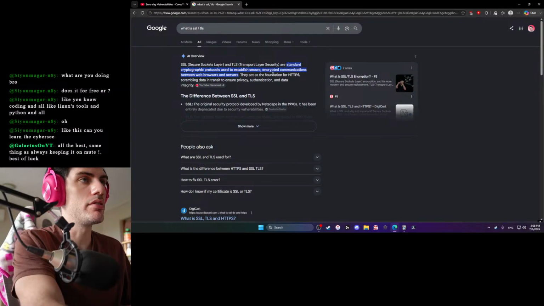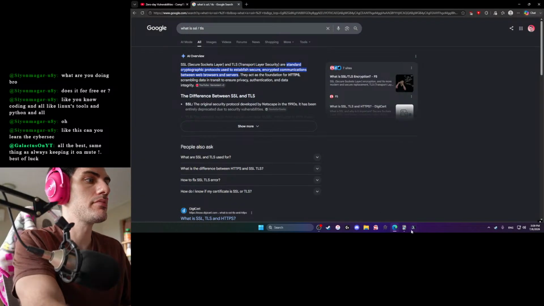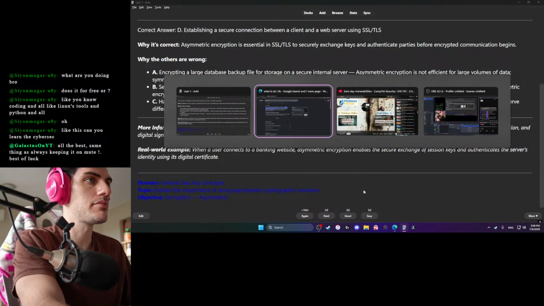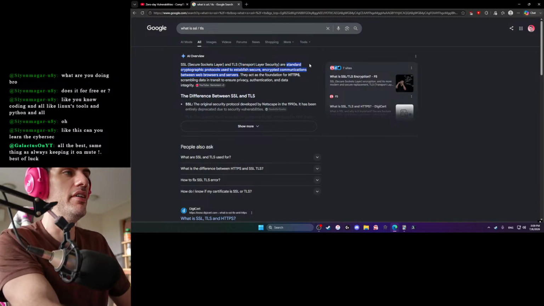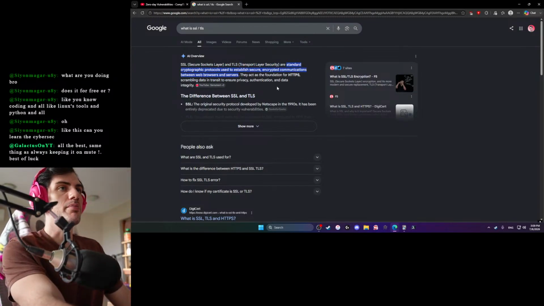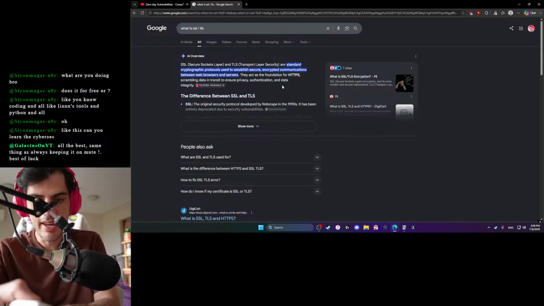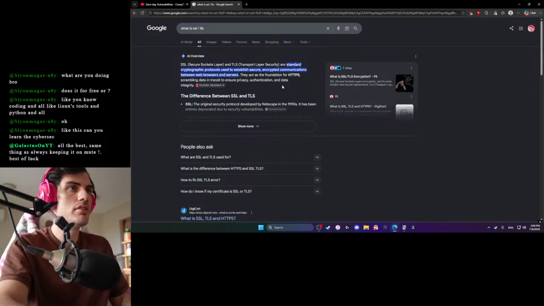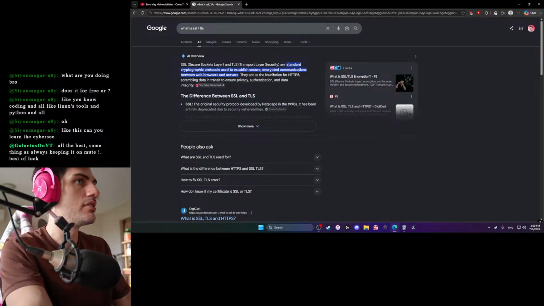Standard cryptographic protocols used to establish secure encrypted communications between web browsers and servers.